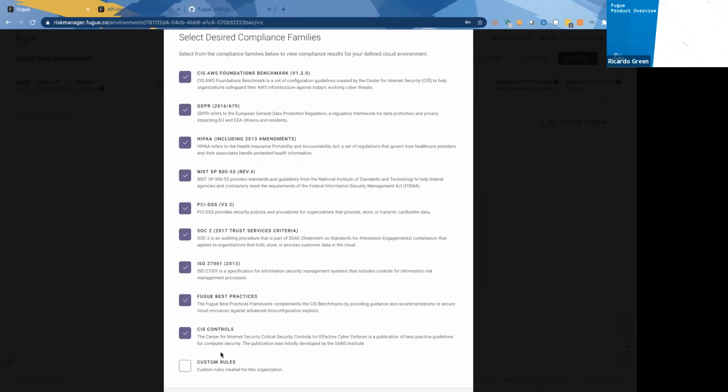You'll also see custom rules here. So custom rules is Fugue's implementation of giving you the ability to create your own checks. And these checks can be related to corporate governance. They could be additional security policies for resources that aren't under the compliance families. As we know, the compliance families don't cover every AWS or Azure resource. So you could have a customized security check for a specific resource type that may not be checked in some of the other compliance families. There really are hundreds, if not thousands, of different options that you could create in your